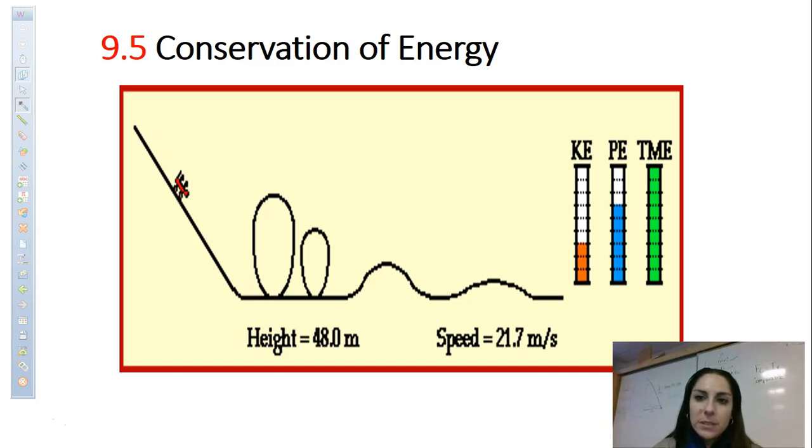So here is the visual of the conservation of energy right here. You can see that the total mechanical energy bar remains constant. And then it kind of does a balancing act. As soon as you gain height, you get more potential. And as soon as you get less height, you get more kinetic here. And you can see how, if you were to add them up at any point, they would equal